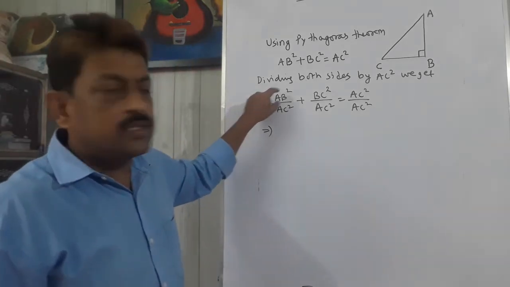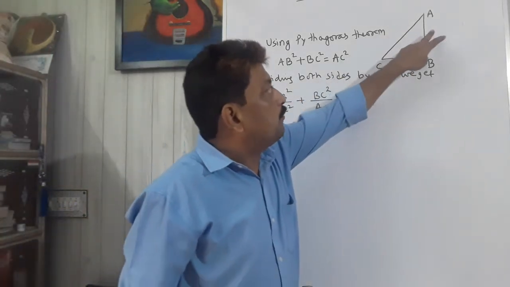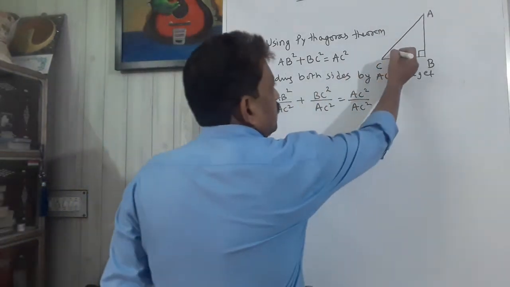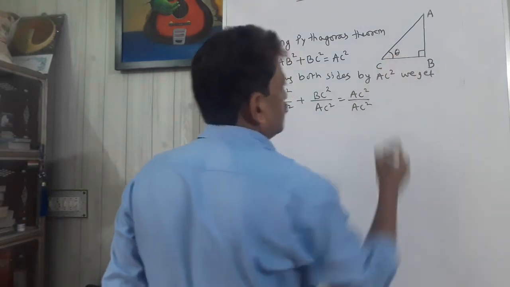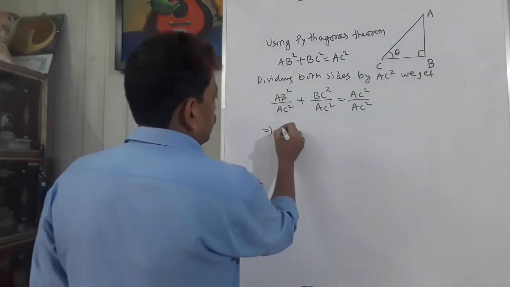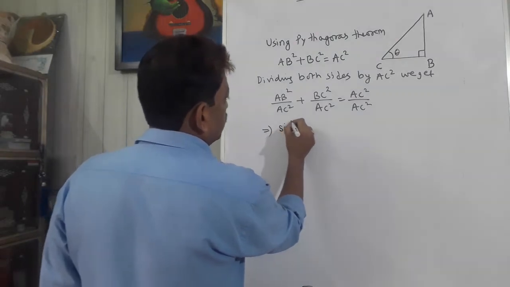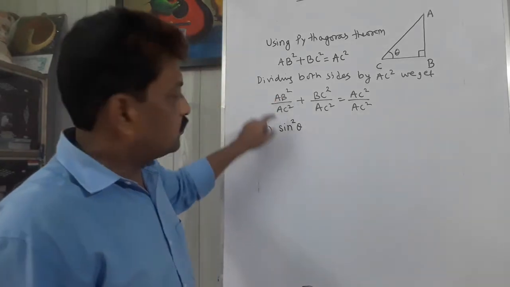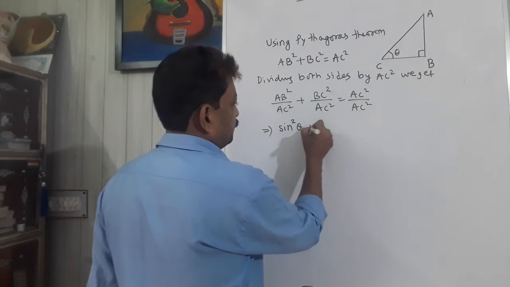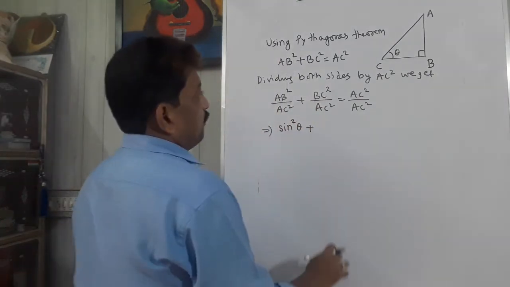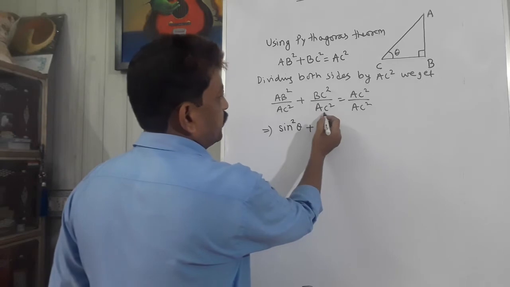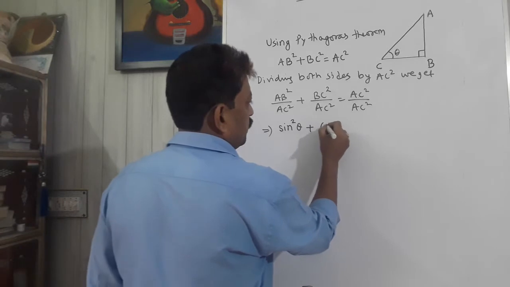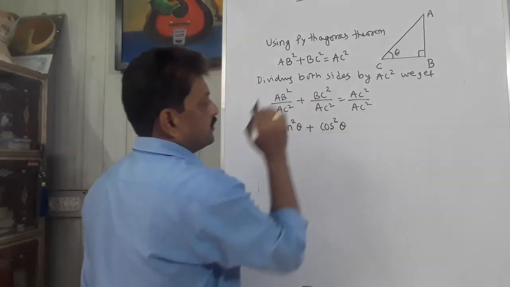Now what is AB upon AC? See the diagram. AB upon AC, perpendicular upon hypotenuse. What is that? That is sine. So if the angle is theta, then it will be sine square theta. AB upon AC is sine theta, so square is there, so it will be sine square theta plus BC upon AC, that is base upon hypotenuse. Now base upon hypotenuse is cos theta, so it will be cos square theta, as square is there, and the